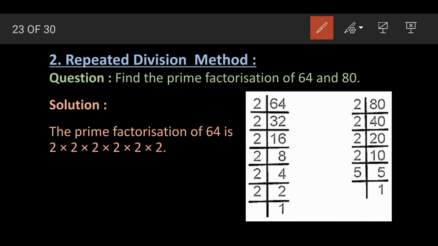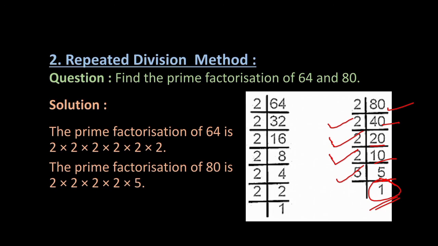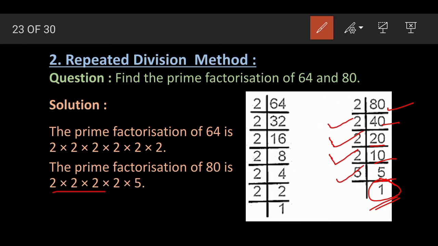Here we will discuss the prime factorization of 80. Again you have to divide. If we divide 80 by 2, it becomes 40. Again divide by 2, 40 by 2 is 20. Again I have divided by 2, that becomes 10. Now divide 10 by 2, so 2 fives are 10. So here the number changes, you have to divide by 5. So 5 by 5 is 1. We got the remainder as 1. So we can say that the prime factorization of 80 is 2 multiplied by 2 multiplied by 2 multiplied by 2 multiplied by 5. So this is the prime factorization of 80.